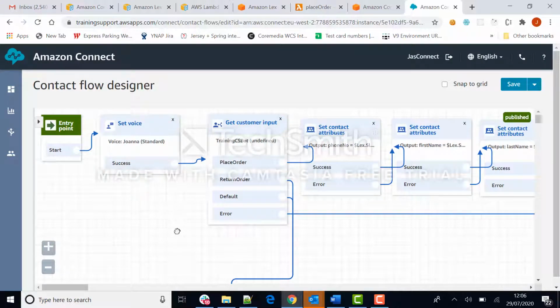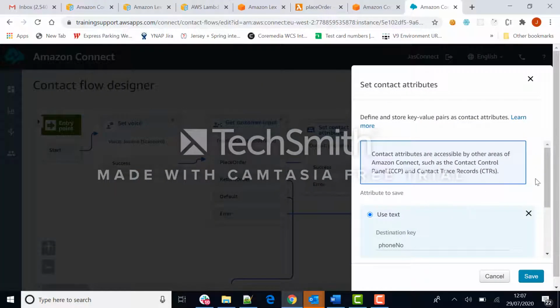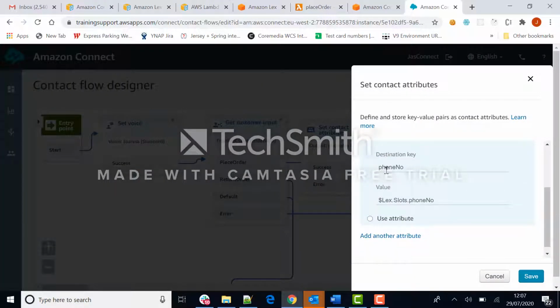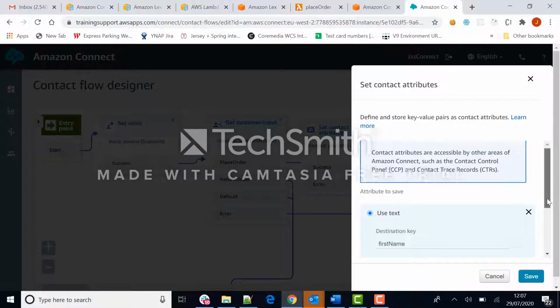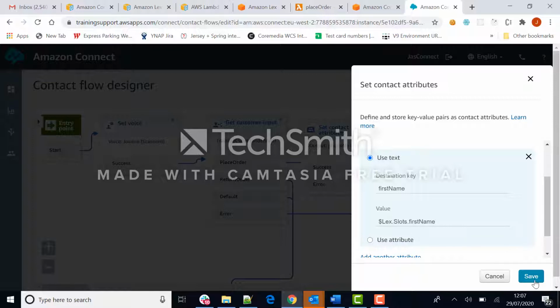Now you remember when my Lex bot fulfillment was done, it gave me all the details: phone number, first name, last name. That's what I am trying to extract from this response for the place order flow. So I'm setting the attributes. To set the attribute, I'm setting the value of phone number from lex.slots.phone number. Similarly, I access the first name, lex.slots.first name,